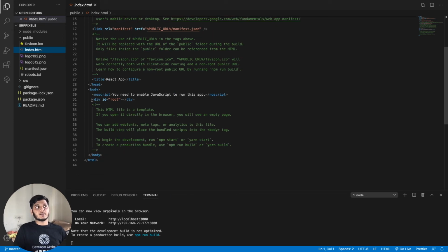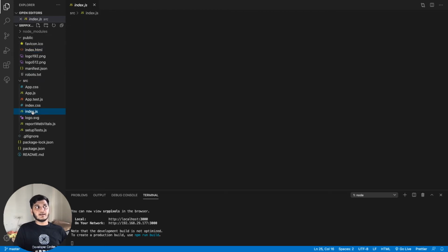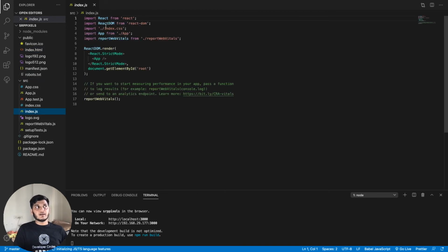As you can see here, there is one div tag whose id is root. This root is called by the index.js file. As you can see here, the rendering is being done and we are getting the root id by the getElementById method.